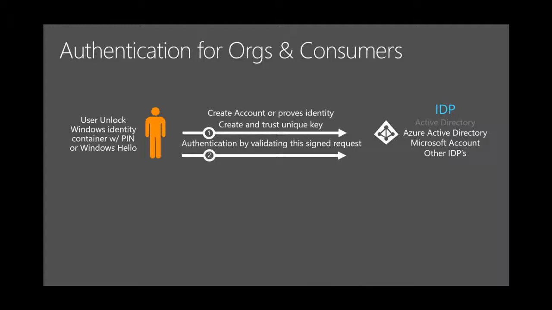When a user has multiple devices, he will have multiple key pairs, right? The desktop key pair is different from the phone key pair, from the tablet key pair. So if the user loses one device and the key pair is expired by the server, by you, using Azure Active Directory, he or she will still be able to log in from other devices using a different key pair. The Active Directory or Azure Active Directory will keep multiple public keys for the user, and the user will have multiple private keys on the device.